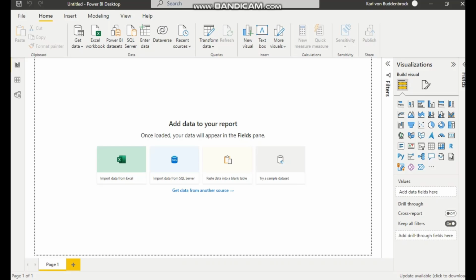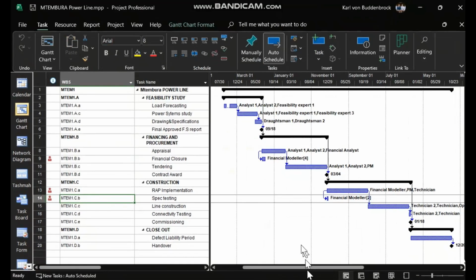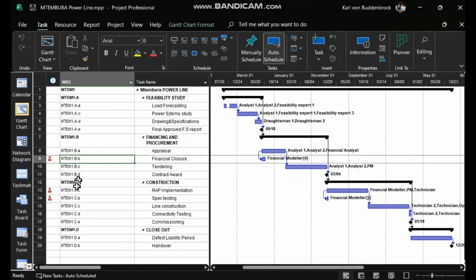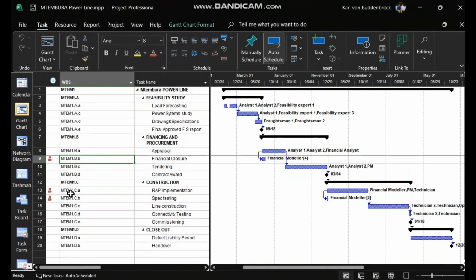pivot in Excel to analyze the data out of MS Project in order to ascertain the main causes of my quality problem. But here's using Power BI to do the same thing, only better. So let's look at the project again, which was also displayed in my first video. And you can see there are three problems here with these tasks: